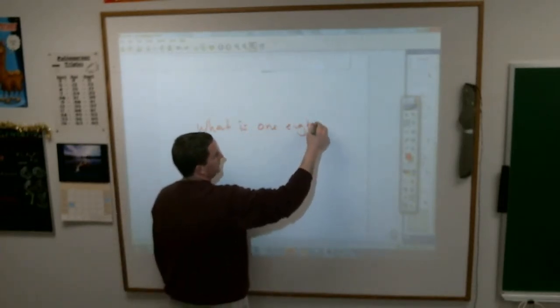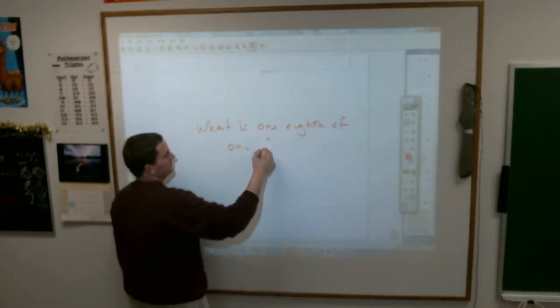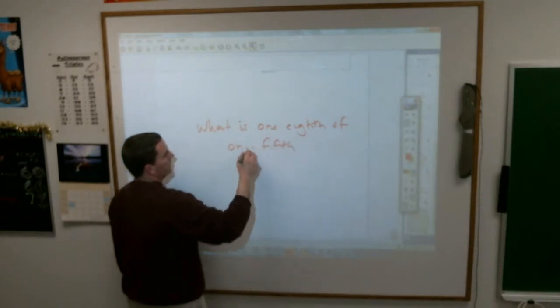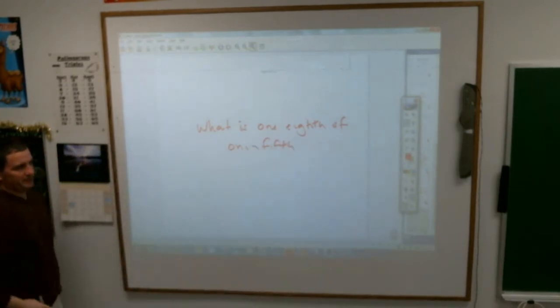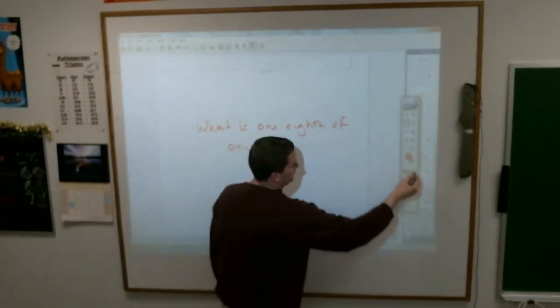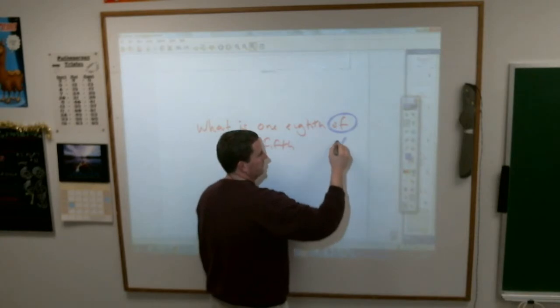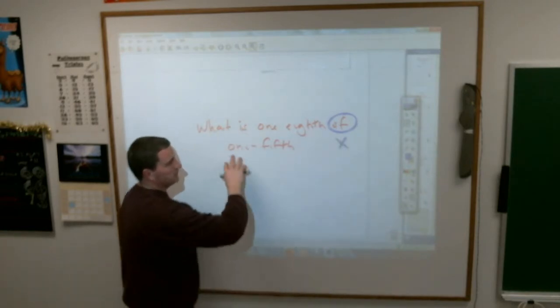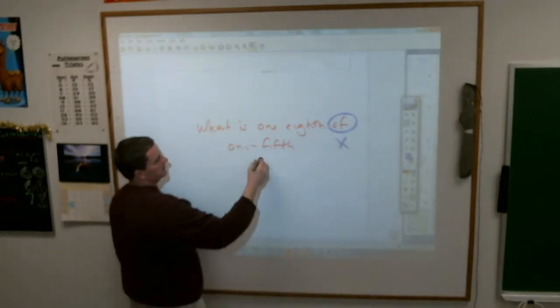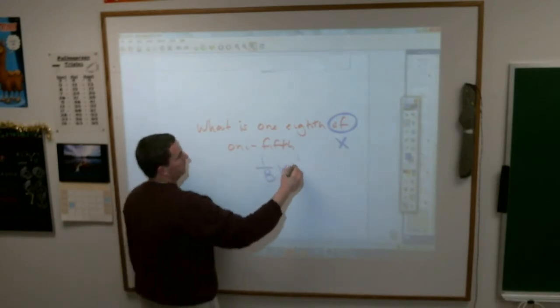1/8 of 1/5? So they'll write it out in words, and you have to write it out mathematically. The key thing to remember is when you see that word of, it means to multiply. So you change this word sentence into a math sentence, and it is 1/8 of 1/5